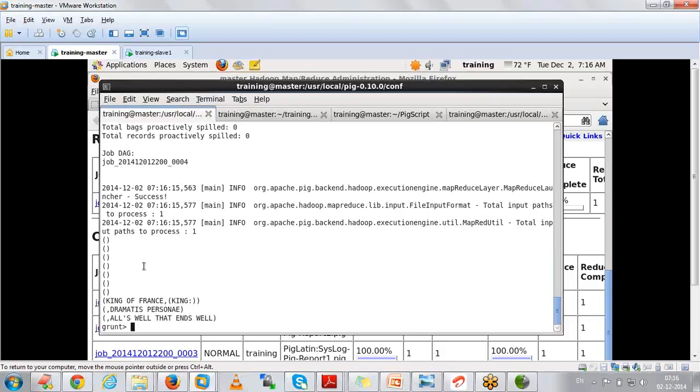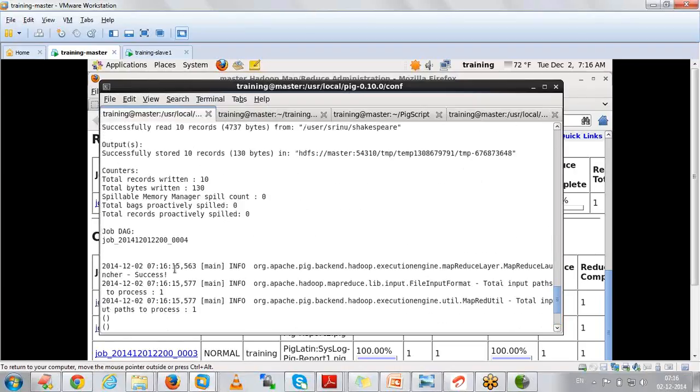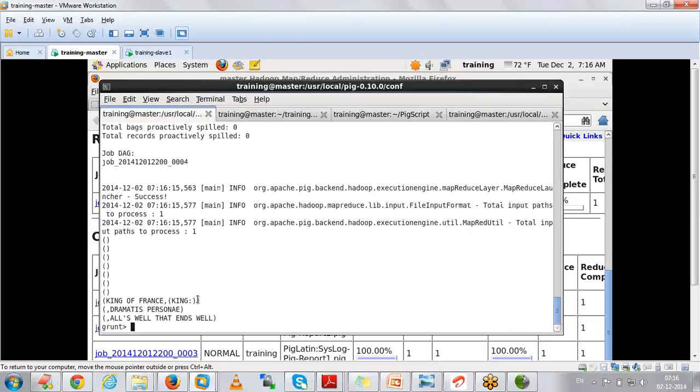Whenever we are executing dump or store, only then will the MapReduce program initiate, and whatever statements or relations we gave to Pig in this grunt shell, it will automatically execute all the statements one by one. So here if you observe, whatever the output is, that output will be shown as a